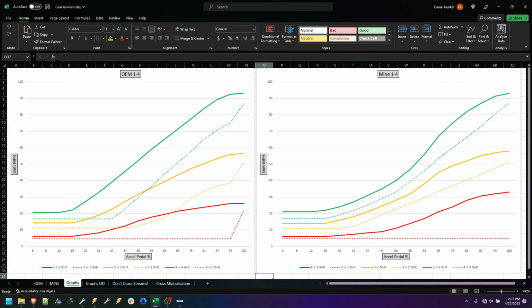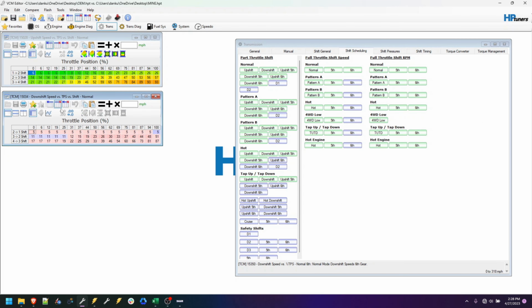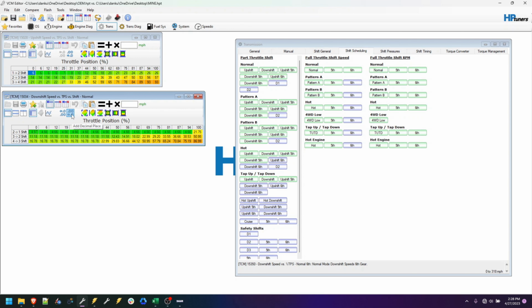The other thing, and this is just an OCD thing, you can see if you squint really hard, this dotted line, and by the way, the dotted lines represent the downshift. This dotted line goes down. And so, probably, maybe I'm the only one that notices this. But if we look at this, we can see